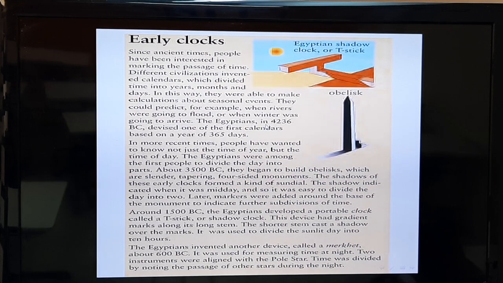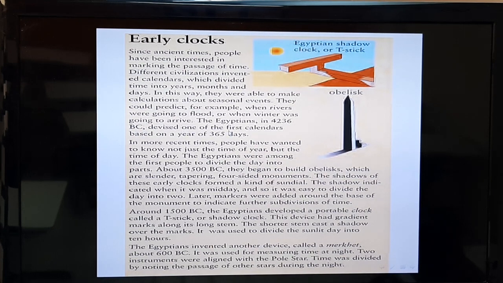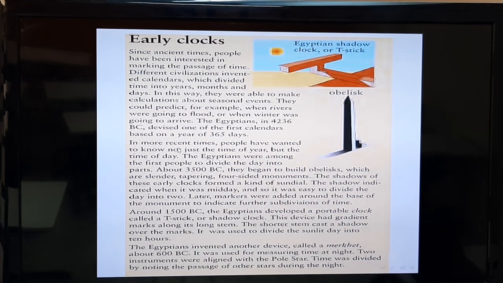The Egyptians in 4236 BC, okay, means before the birth of Christ, devised one of the first calendars based on a year of 365 days. In more recent times, people have wanted to know not just the time of year, but times of a day. The Egyptians were among the first people to divide the day into parts. About 3500 BC, okay, before the birth of Christ, they began to build